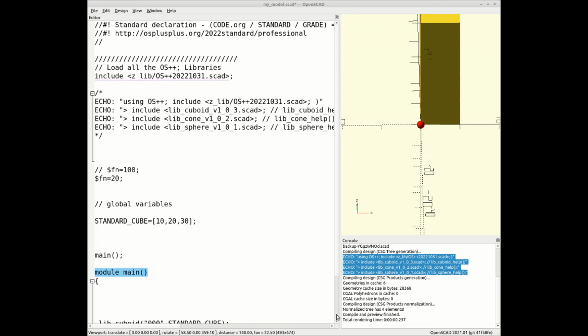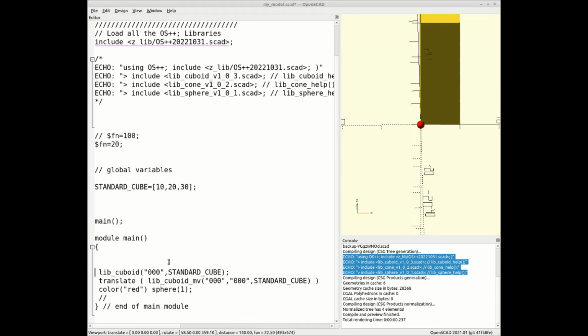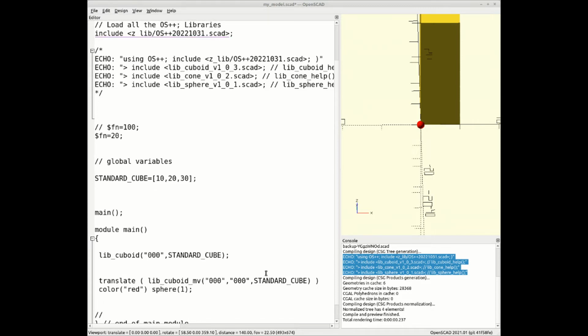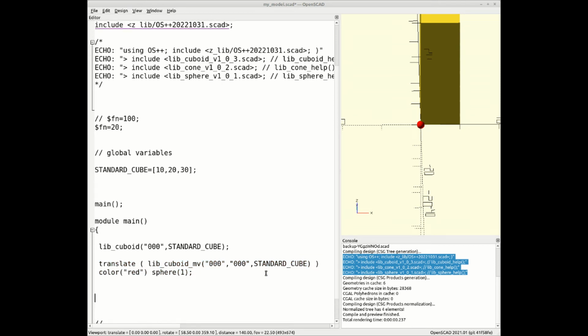Why would I need to do that? Well, what OS++ gives me is the ability to move around the cube. So this command renders my standard cube, and this command moves around that standard cube. Doesn't move very much, but what I could do is say, right,